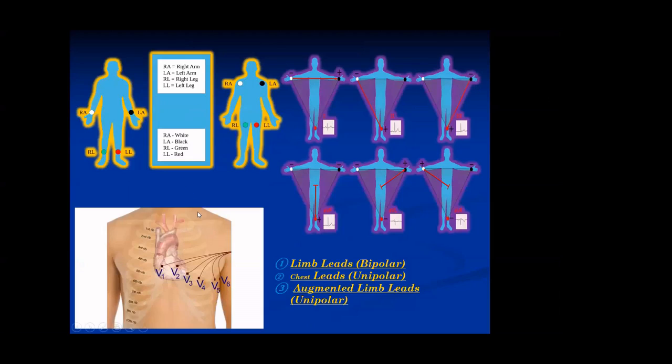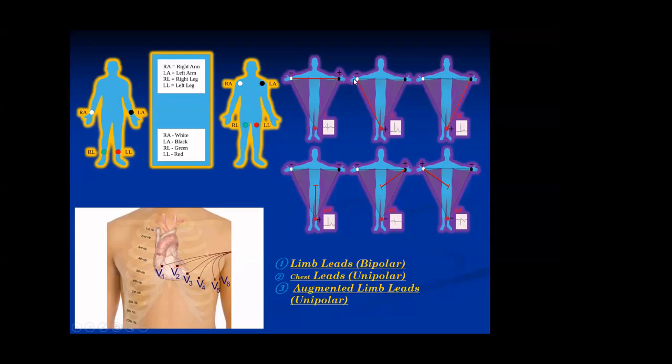Similarly, in case of ECG, you might have seen there will be 12 records of ECG. Out of these 12, 6 are limb leads and 6 are chest electrodes. Limb leads, again, we have bipolar as well as unipolar. In limb leads, normally we will take the right leg as ground. By taking the right leg as ground, between both the arms